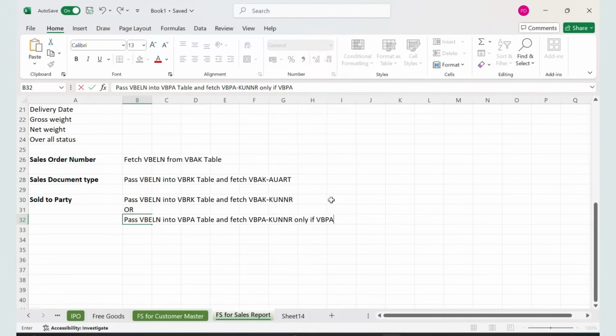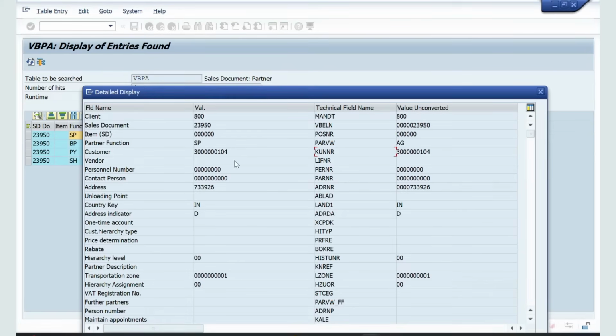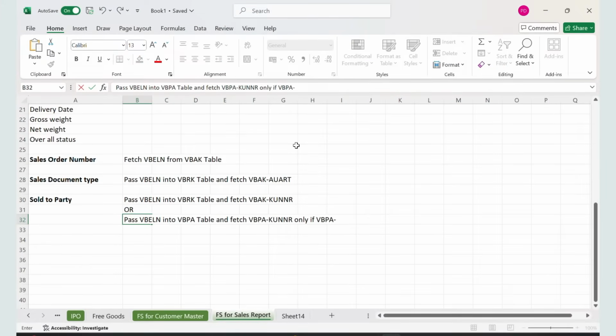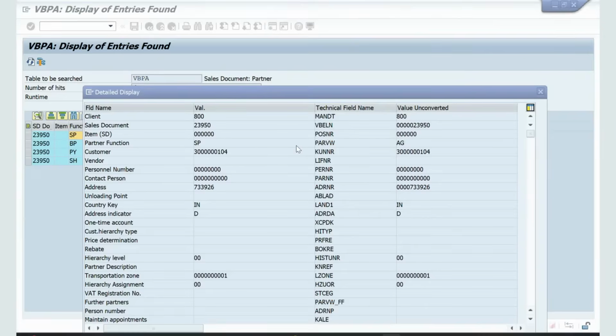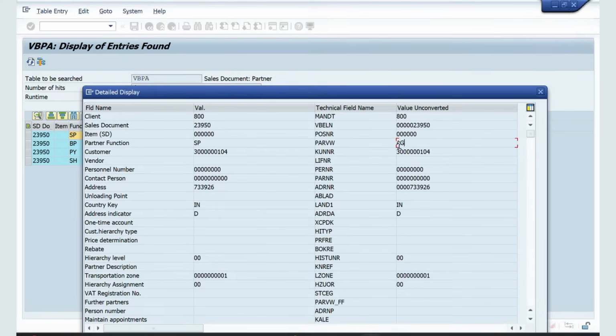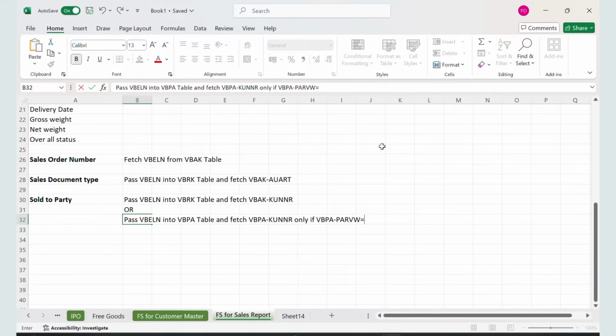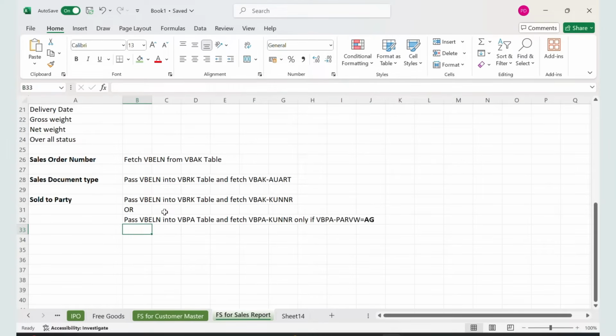only if the VBPA partner function is equal to SP, or you can write AG. SP or AG, very important. So pass VBELN into the VBPA table and fetch VBPA KUNNR. You are fetching the customer, and that customer should be only sold to party, because we have other customers